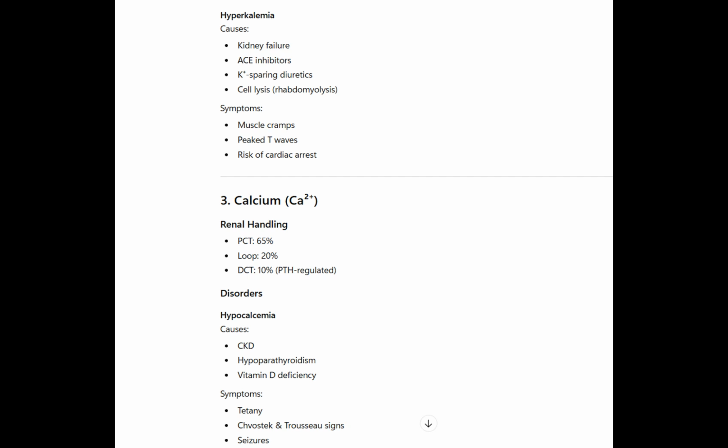Hypocalcemia, low calcium. Hypocalcemia occurs in chronic kidney disease, hypoparathyroidism, vitamin D deficiency, and after acute pancreatitis. Symptoms include perioral numbness, muscle spasms, and tetany. Classic signs include Chvostek sign, facial spasm when tapping the cheek, and Trousseau sign, hand spasm with blood pressure cuff